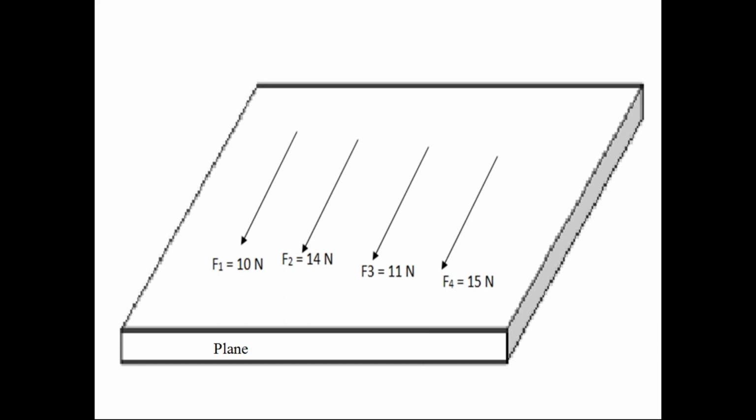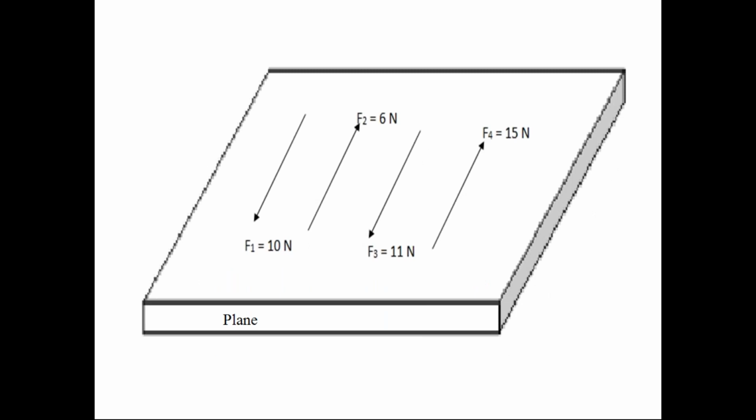That is the first type. The second one is the coplanar parallel unlike force system. What is meant by the coplanar parallel unlike force system? Check this diagram. In this diagram, look at those 4 forces. The 4 forces lie on the same plane, so that is coplanar. Those 4 forces are parallel to each other, that is parallel. But check the directions. Some forces act in one direction, some forces in the other direction.